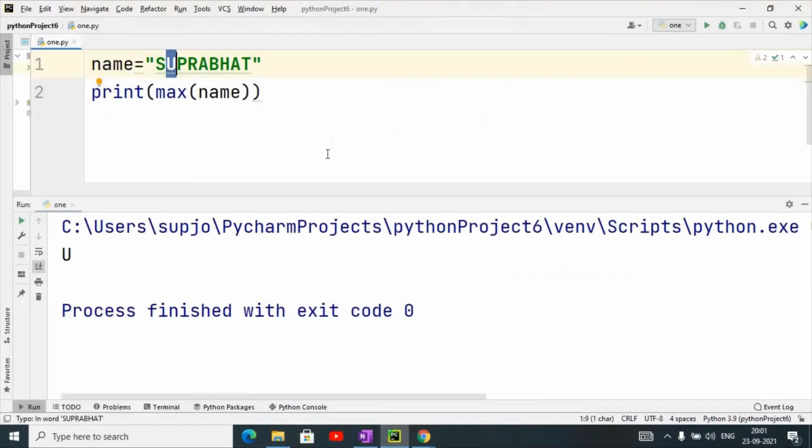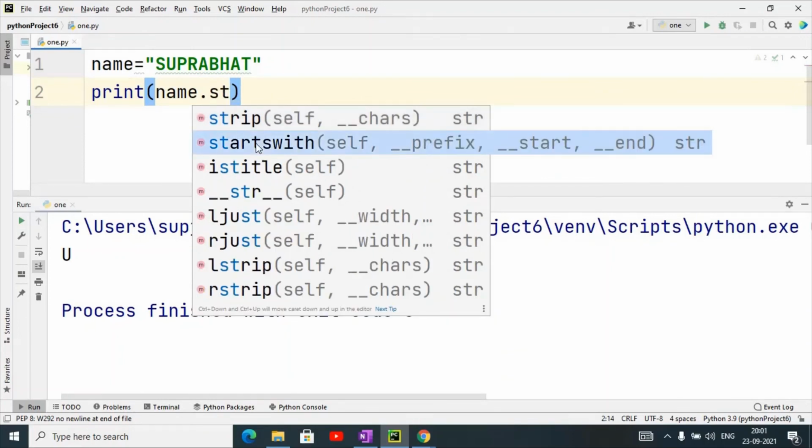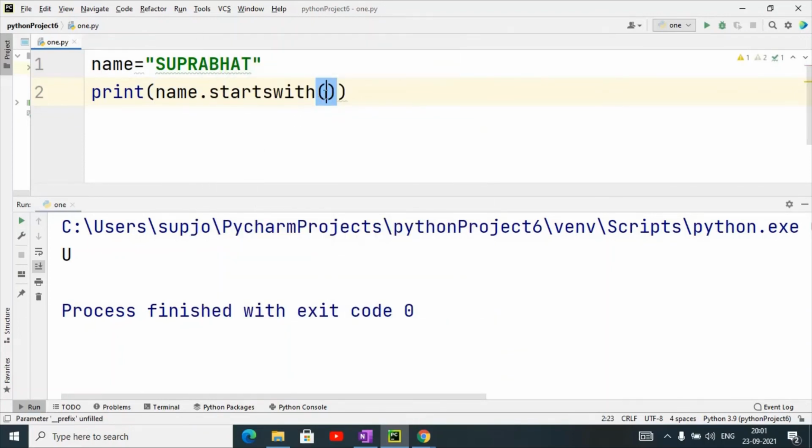For example, suppose I have taken Prabhat here, and I use name.startswith. I want to check whether it starts with capital S or not. When I give S, it will return true. If I type some other character like small s, then it will return false.